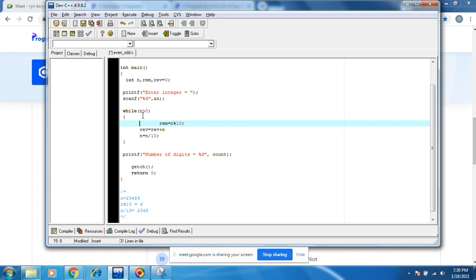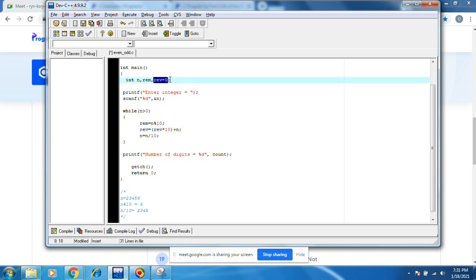Then what shall we do? Last value came. That will be reverse equals reverse into 10, this logic: reverse into 10 plus remainder.